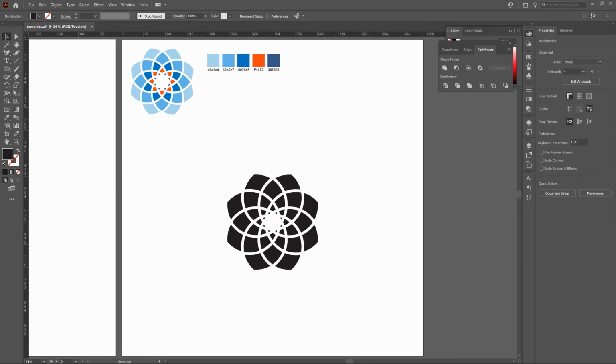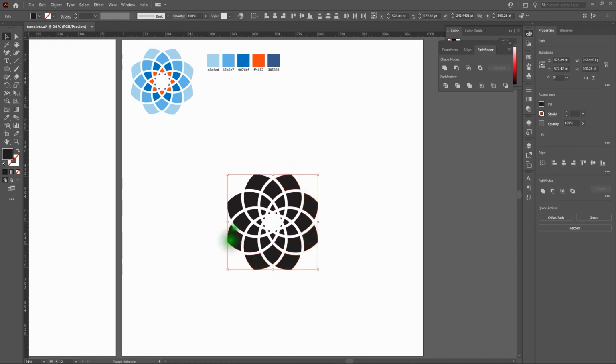All we need to do is color it. So let's go ahead and color our piece. Let's hold our Shift key and select our outermost shapes. Once they're selected, we can enter in our fill color just like we did in our previous step, and that fill color will be